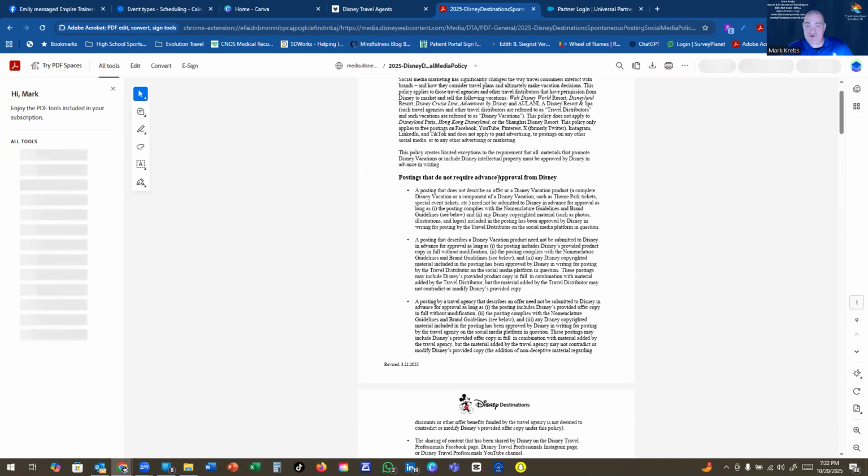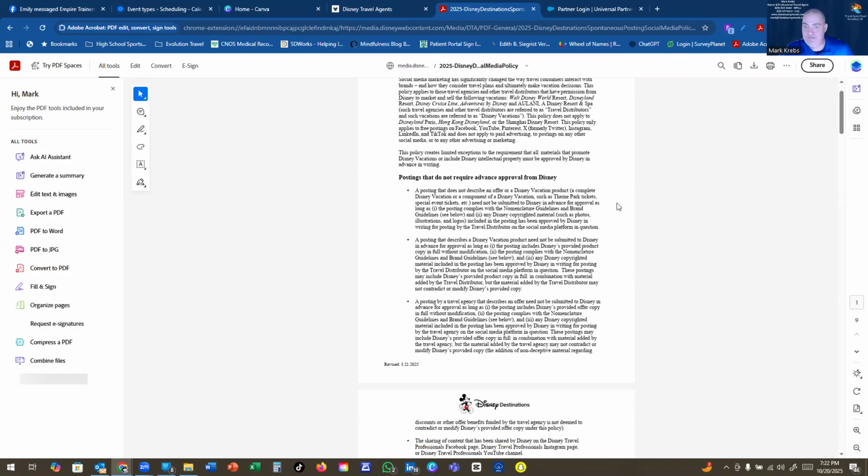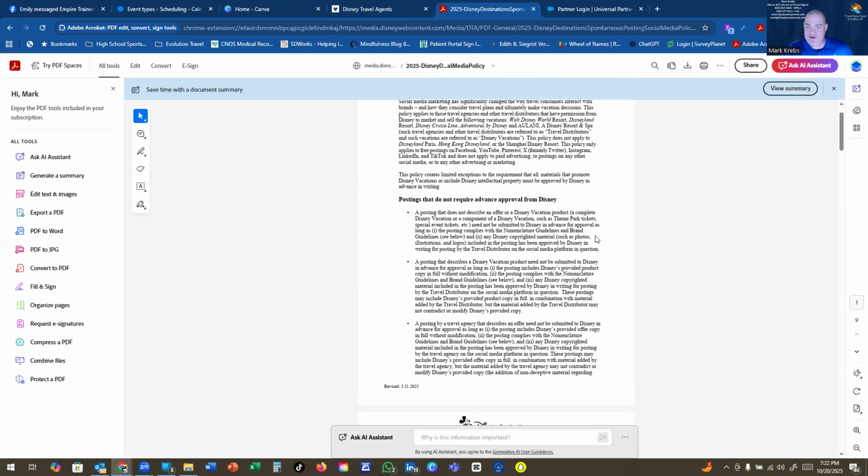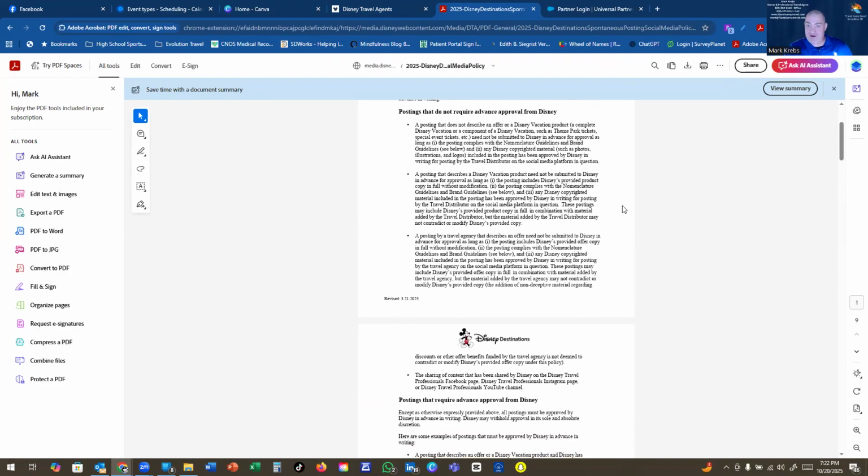So postings that do not require advance approval from Disney. If you're offering a Disney vacation product, i.e. a component of a Disney vacation, such as theme park tickets, special event tickets, etc., as long as you're following the nomenclature guidelines and brand guidelines, which are below, any posting that describes the Disney vacation product, providing that it includes Disney's provided product copy in full without modification.